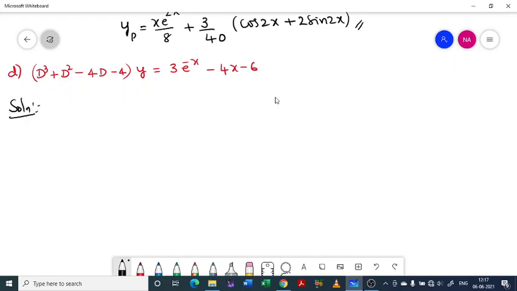So the auxiliary equation will be m^3 + m^2 - 4m - 4 = 0, right? If you solve that, you get the roots to be -1, ±2. So yc will be c1 e^(-x) + c2 e^(2x) + c3 e^(-2x). So the roots are -1, ±2. To find yp,